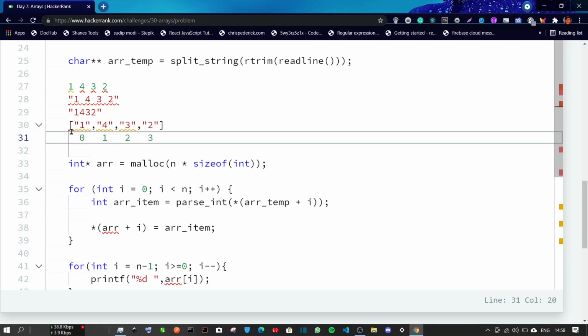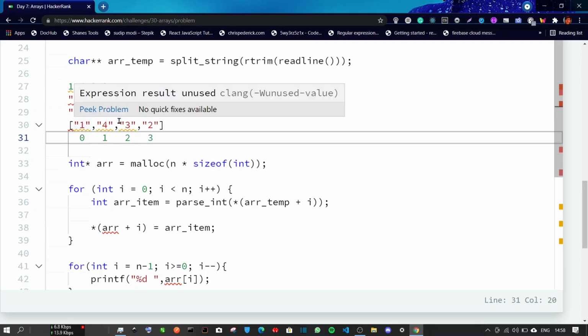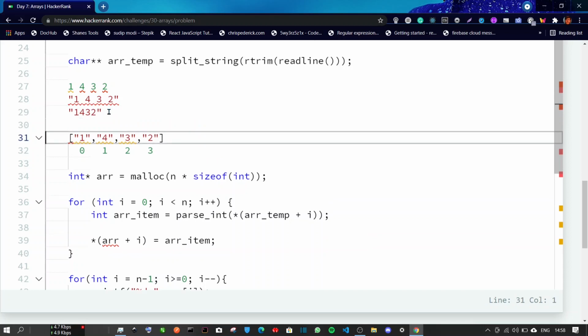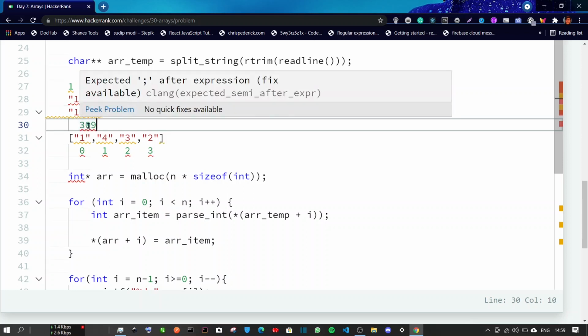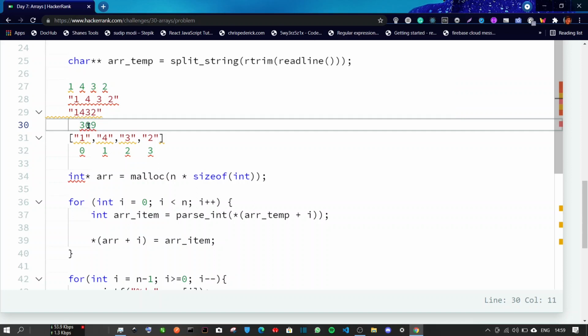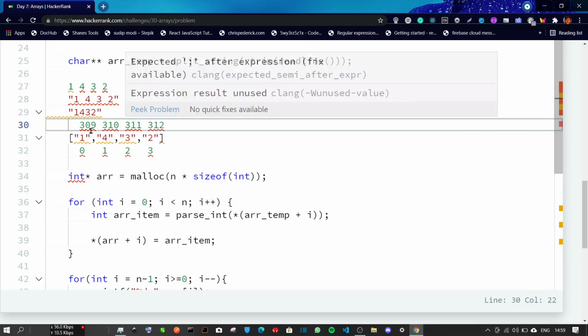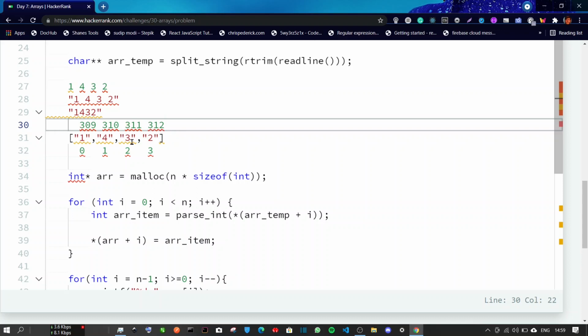So let's say the memory address of this array was, let's say the address of this element on the computer memory was 309, right? So this would go from 309, the address of the second element would be 310, and then 311 and 312, right? So these will be the consecutive addresses of these elements inside the computer memory.